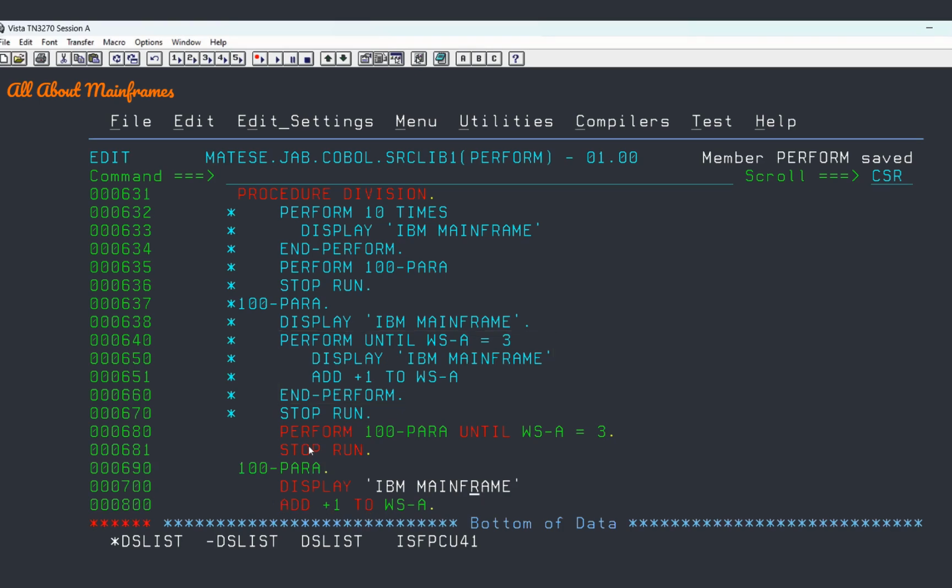Now, why have I given this add 1 to WSA? What will happen if I don't give it? Can you tell me? What will happen if I don't give this WSA add 1? Why do I have to increment this value? What will happen if I don't do this? It will continuously perform, right? It comes in an infinite loop. Yes, exactly. Good. It will go into an infinite loop because